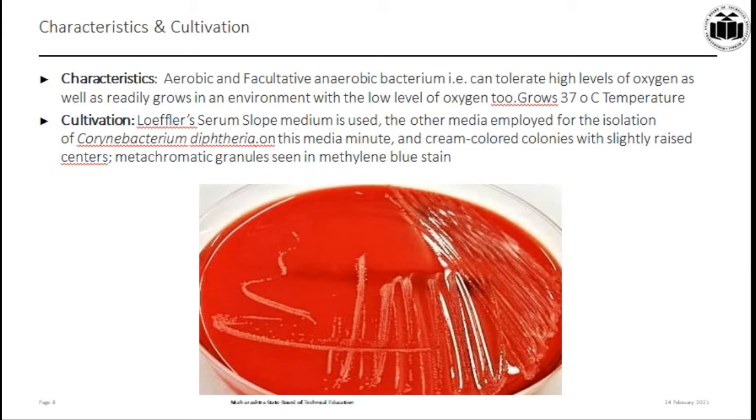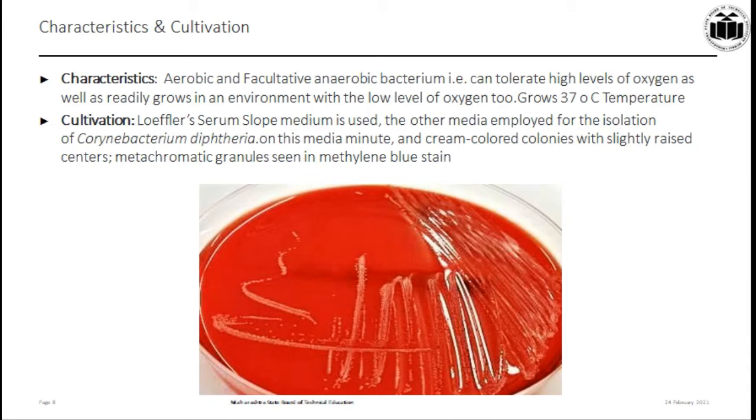and a very specialized media is to be used for the cultivation of Corynebacteria, that is Loeffler's serum slope media, and when they are grown on this media, they produce cream color colonies which are slightly raised from the colony center,